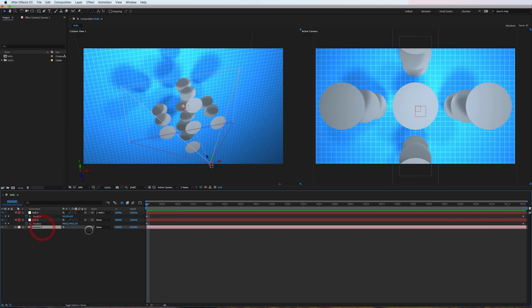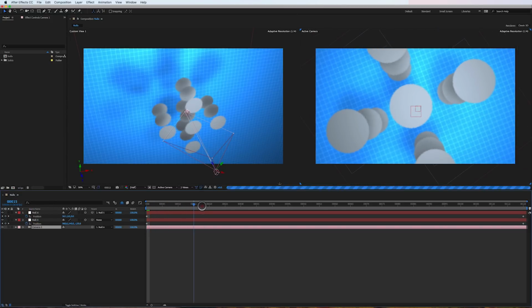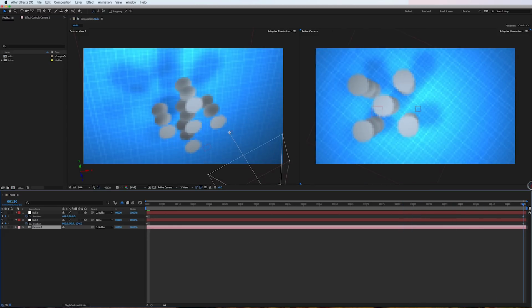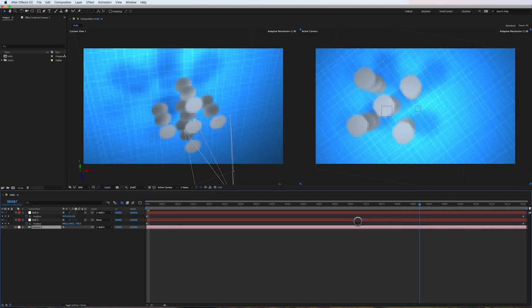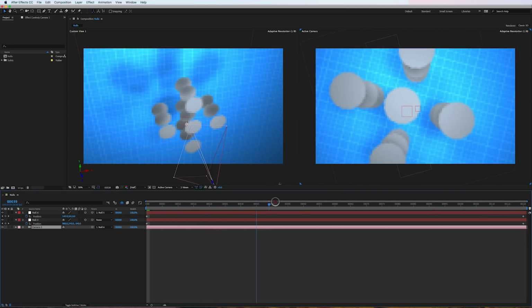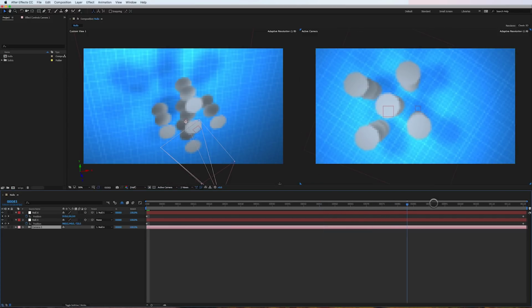Now all we have to do is parent our camera to the top null. And we've got a spiral camera move. The problem with this solution is that you'll see the camera spins and it kind of throws the perspective off